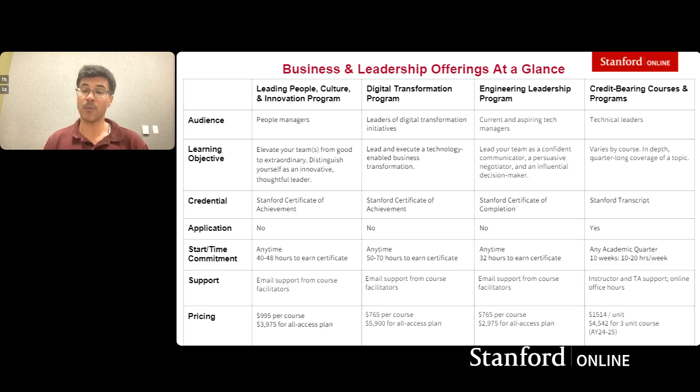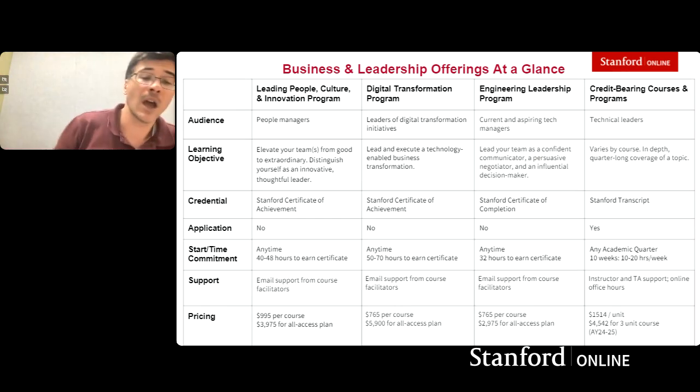I have a question about PhD level classes. By and large, in the credit-bearing programs, they're mostly master's level courses. We do occasionally extend PhD level courses, so 300 or 400 level courses at Stanford. The challenge with offering those is that as they get more technical and more advanced, there are fewer people who can take those courses. So the audience is smaller, but we do occasionally offer some of those courses.